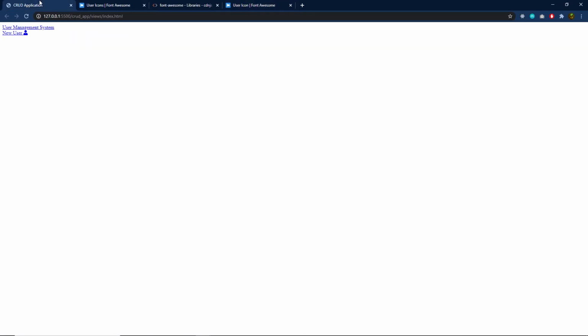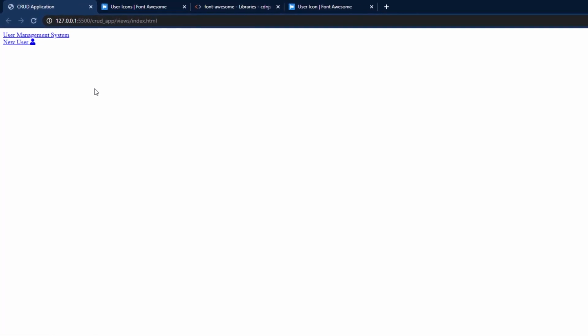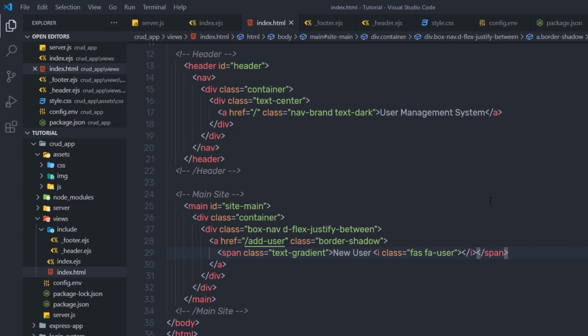Back to the website, and as you can notice, you have your icon here. So this is how you can add different icons inside this project. Once you understand how to add these icons inside your project, let me go back to my project, and